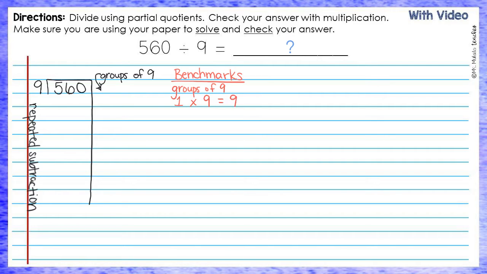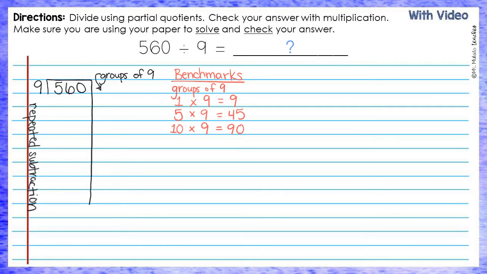One group of 9 is 9. I then like to do 5 because 5 is an easy number for me to multiply. 5 groups of 9 is 45. Then we try 10. 10 is an easy number. 10 groups of 9 is